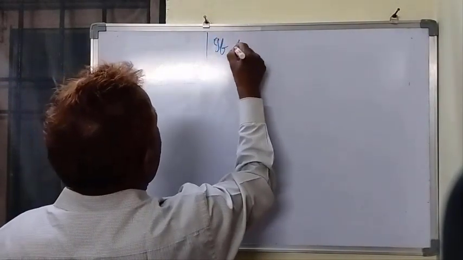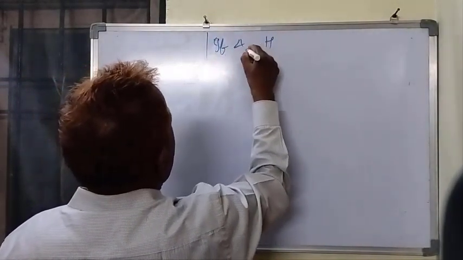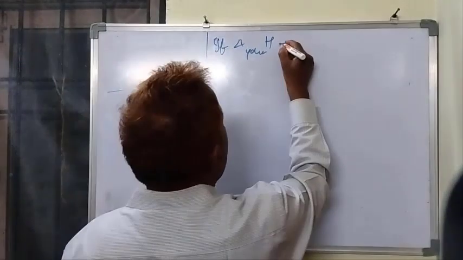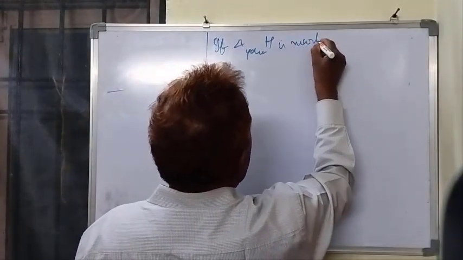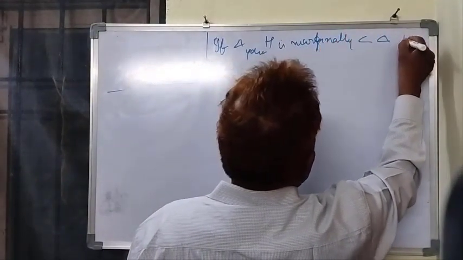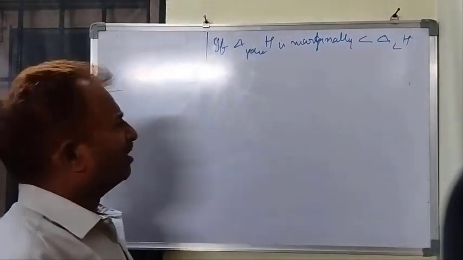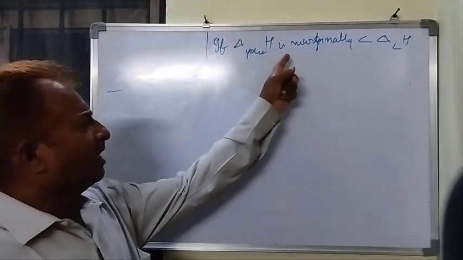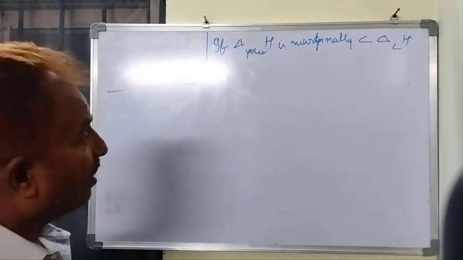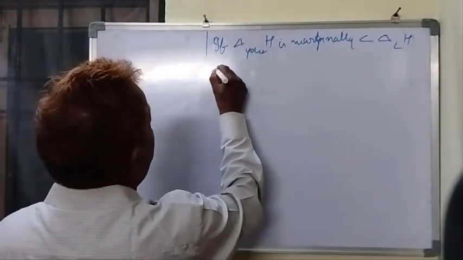If the delta H hydration is marginally less than delta H lattice, that means the enthalpy of hydration is a little less than the lattice enthalpy, then